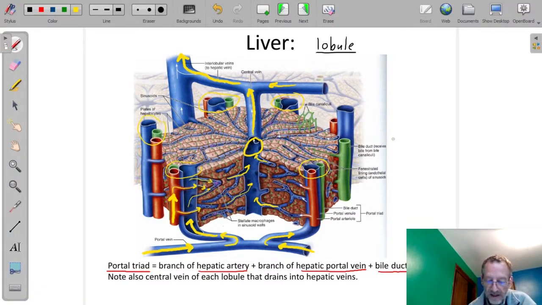The hepatocytes, if you could zoom in on this, would help. But the other thing to note is the bile that's produced. So here is a bile duct, the green, and it's a little hard to see in this figure because it needs to be magnified a little bit. But the blood is on one side, over here on the right. So the blood is in the blue,